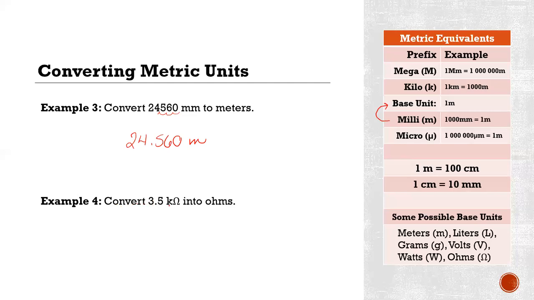Now we have 3.5 kilo ohms. We want to convert those into ohms. This little symbol is a Greek letter for ohms. If you're doing any kind of electrical stuff, I think carpentry is the only one that won't see these. So 3.5 kilo ohms to ohms. We're starting off at kilo, and I'm going down to the base unit. So going up the chart,